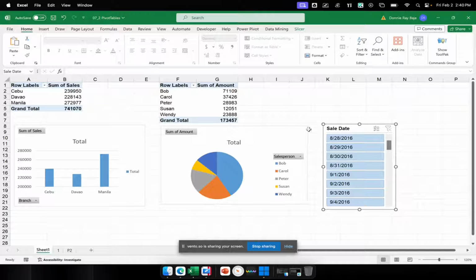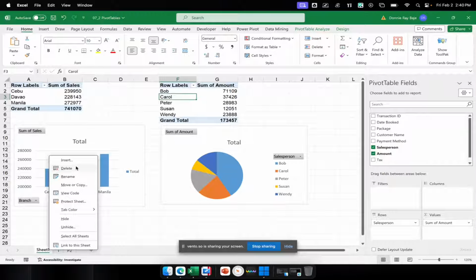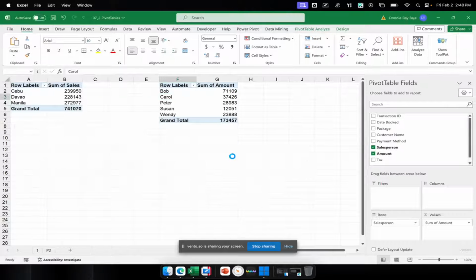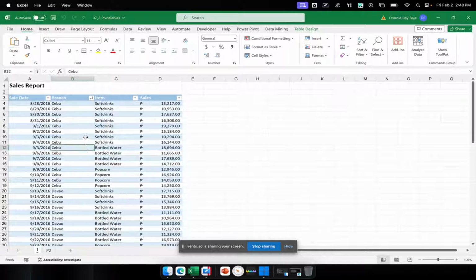Okay, so what we're going to do is we're going to first delete this. That's not actually going to help us anymore. So, what we're going to do is we're going to upload the data first in Power Pivot. Okay, so what we should have done is not like that. Okay, so I'll delete this. That's wrong, entirely wrong. So I'm going to first click here, and then I'm going to go to my